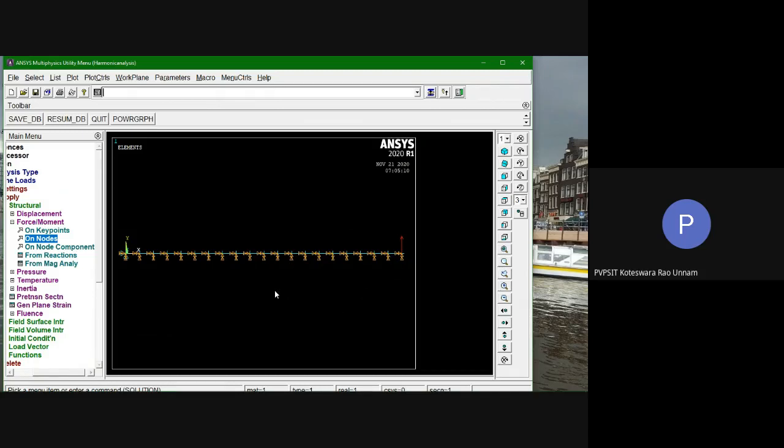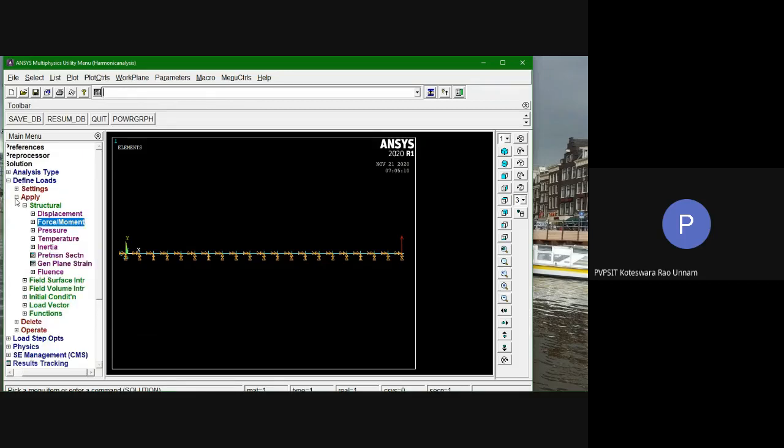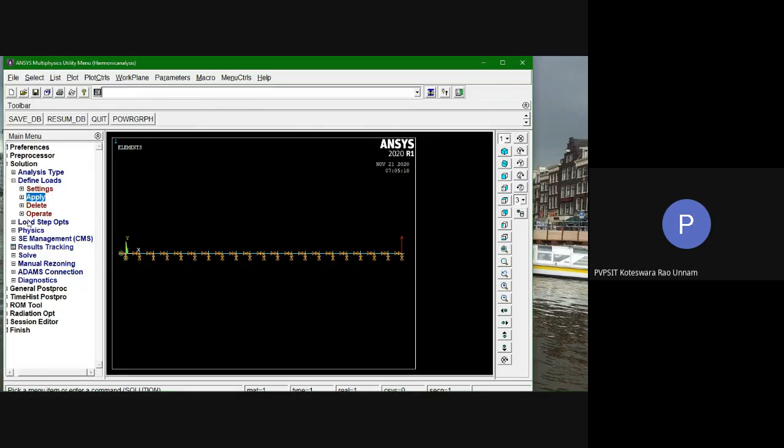If you select your analysis as harmonic, whatever force you apply here, it will treat as a harmonic force. Obviously the software will take care of the sine function, so no need to apply sine here. Okay. Once you apply the forces, what I need to do is define the load steps here. That means time and frequency.